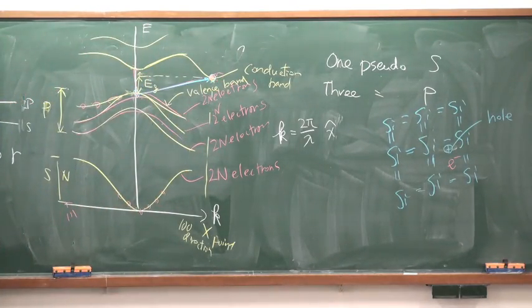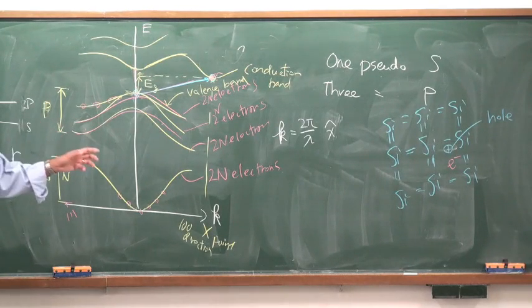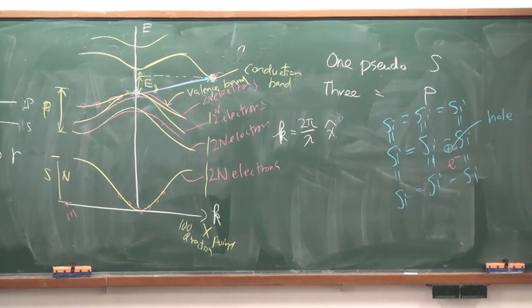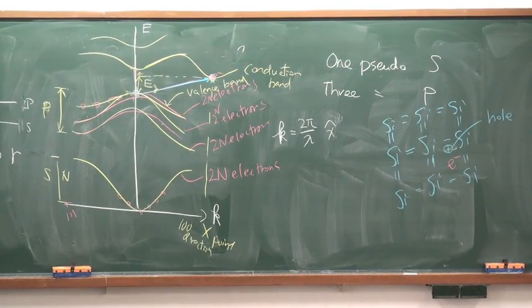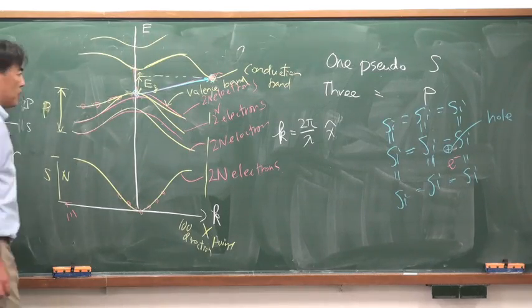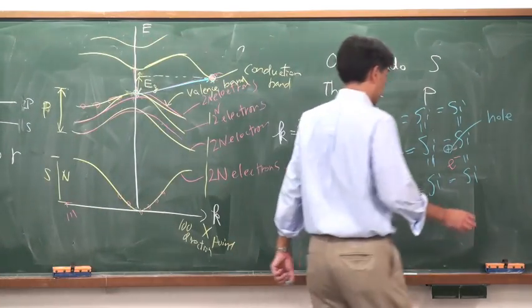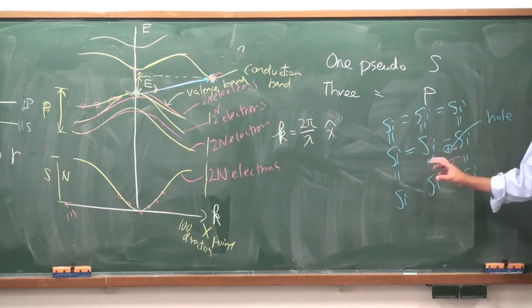And this way, electrons and holes can move around freely. Good, it's clear. So once we have created such a hole,